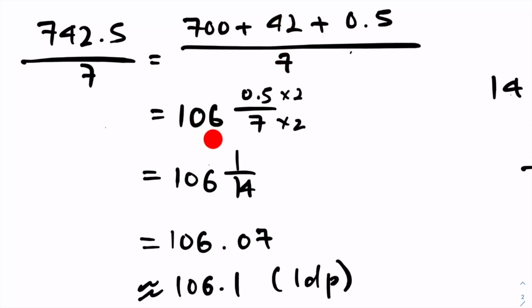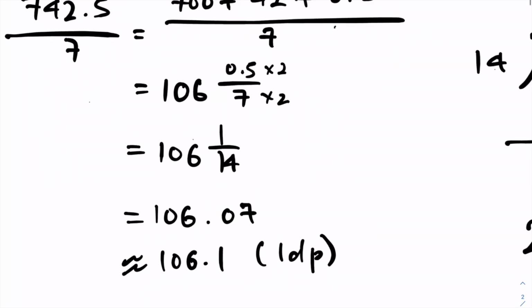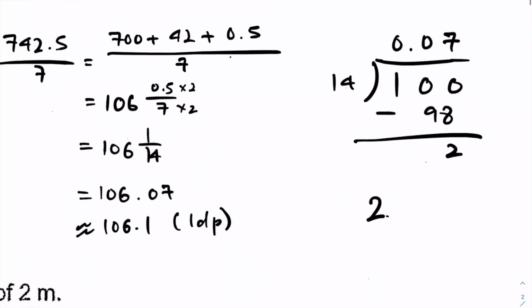106 right here. And because there's a numerator with a decimal, I'm going to times 2 and times 2. I get 1 over 14. So what I can do at this point is to just take 1 divided by 14. I don't have to worry about the whole number portion. So 1 divided by 14 is